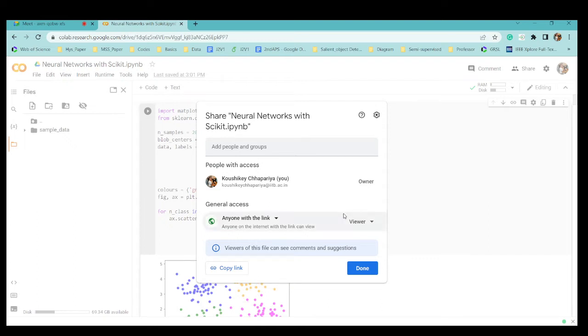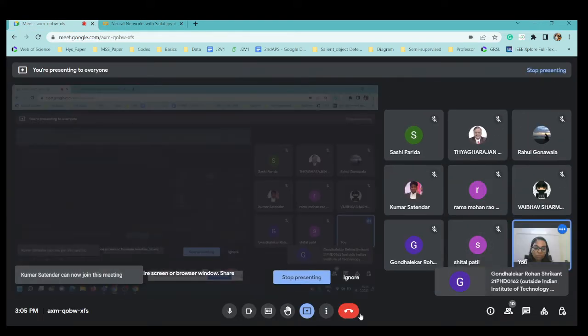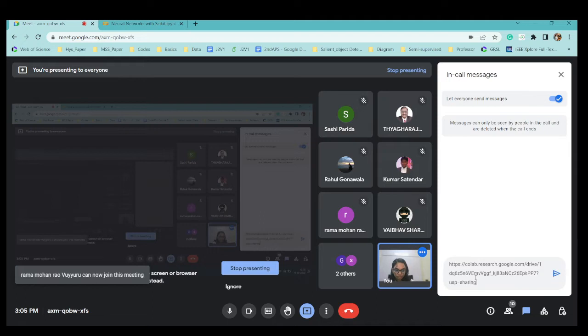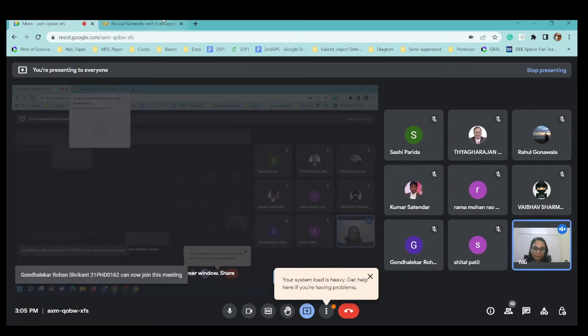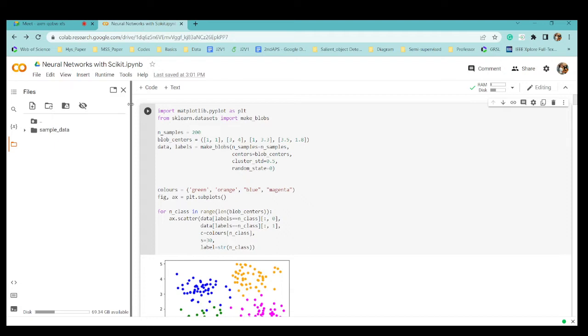In this session I will deal mostly with how you can work with neural networks on real-time problems along with the already known packages. I've shared the Google Colab link with you all, and I think I can start.